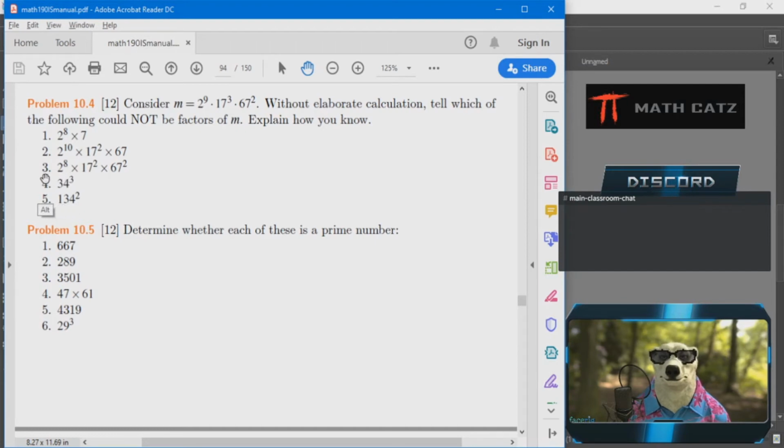Number 3, can that fit in? Yeah, that's perfect. I have room for 8 2s, I have room for 2 17s, I have exactly room for 2 67s. Perfect. Number 4,